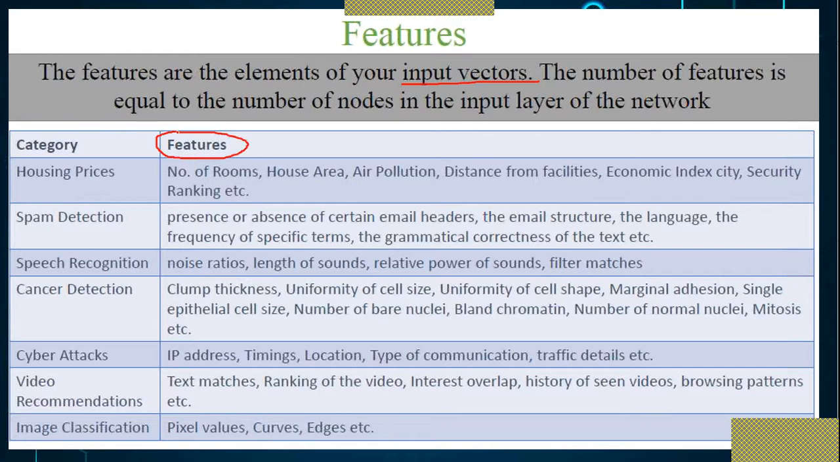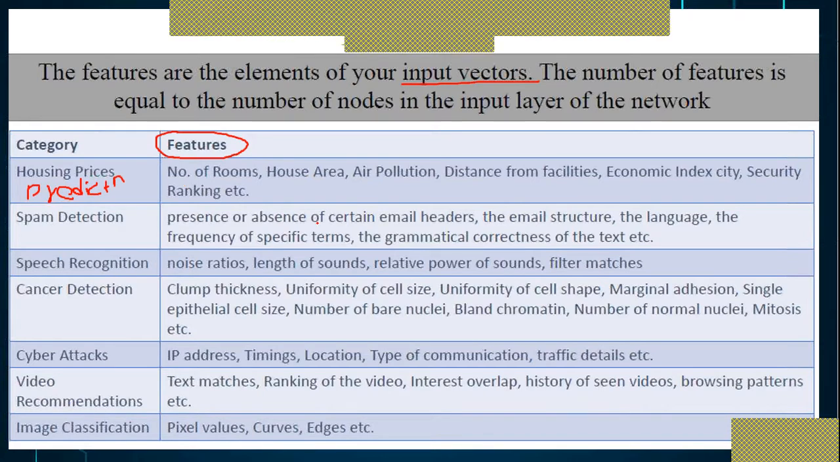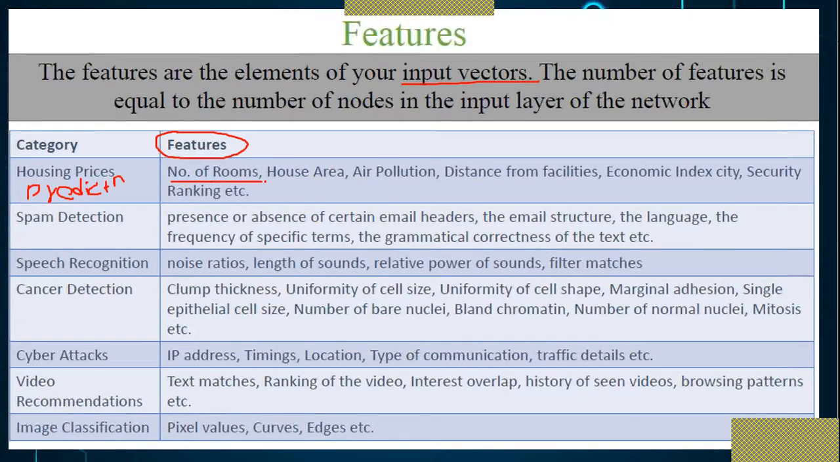The features are nothing but, let us consider you want to develop a model for a house pricing prediction system. What do we mean by the house pricing prediction system? On which parameters does house pricing prediction depend? It depends on the number of rooms, how many rooms are available in that house, the house area, the carpet area, the air pollution index,